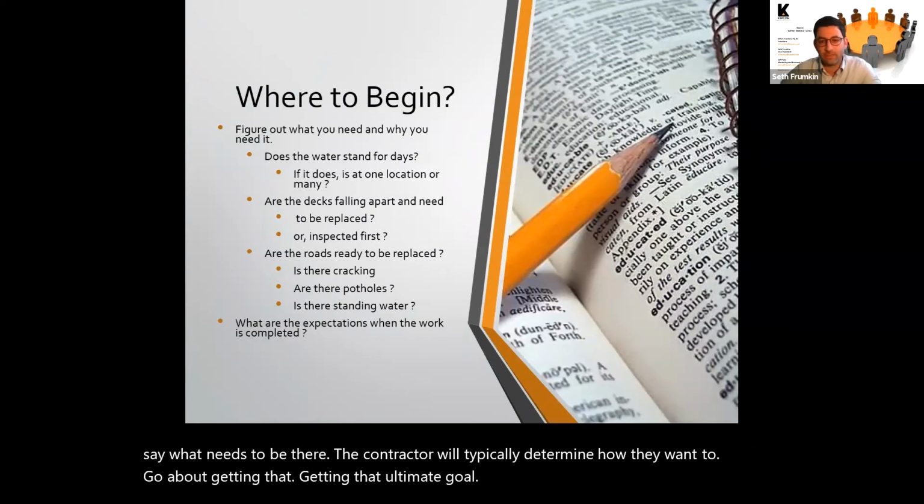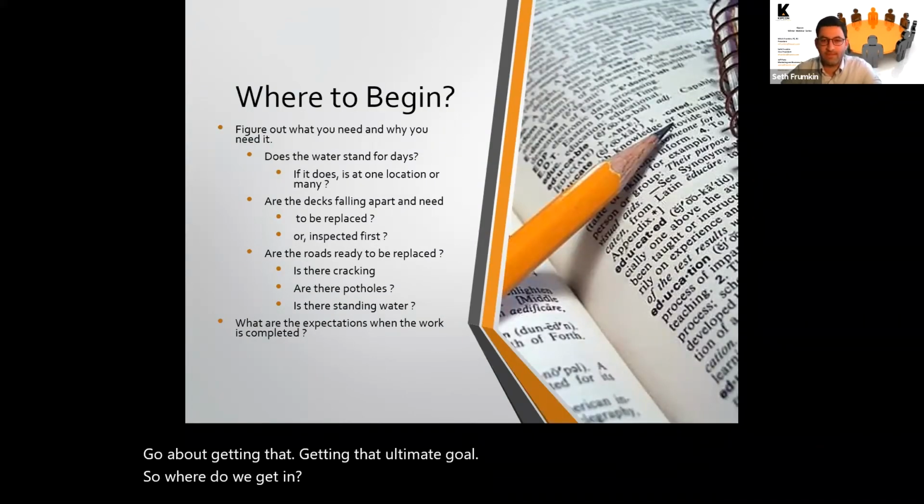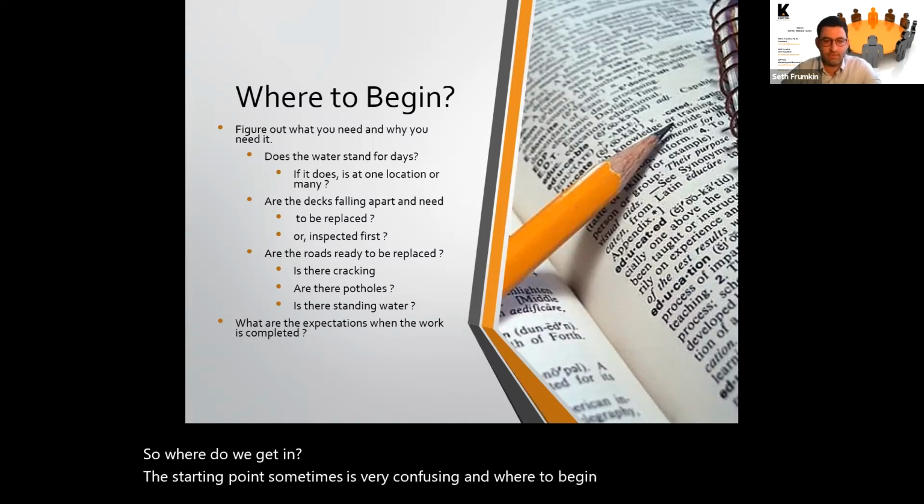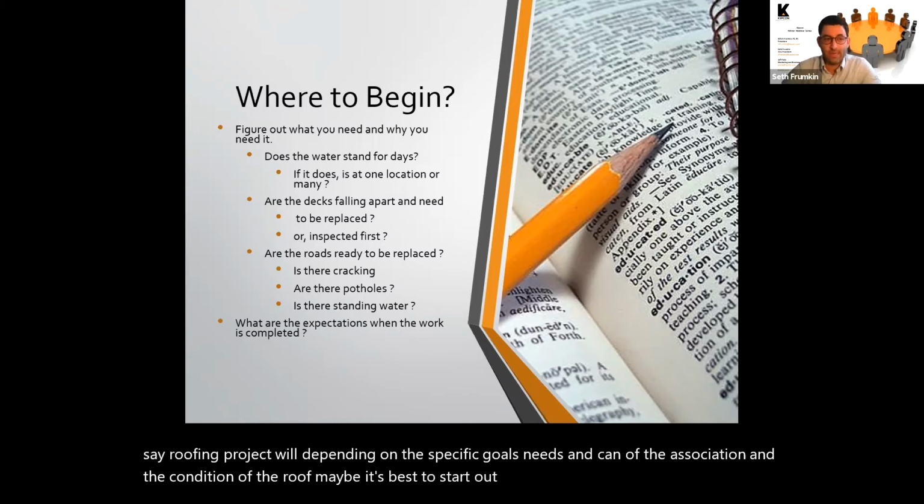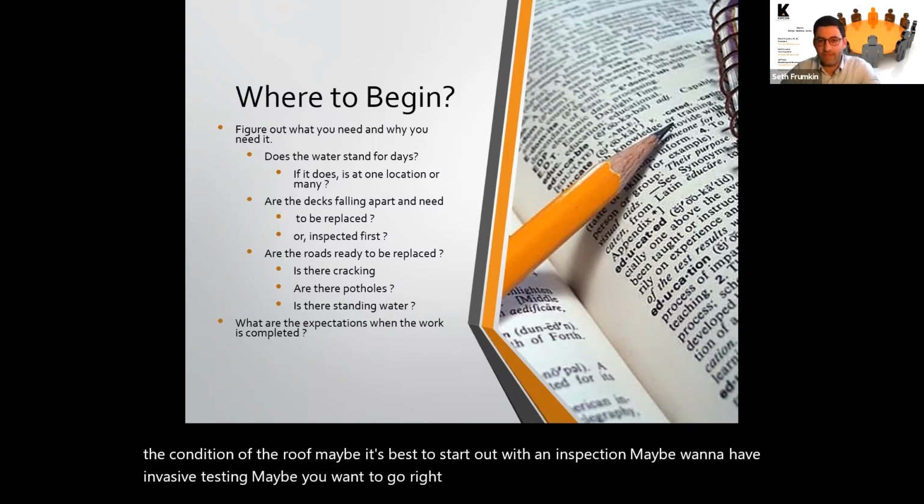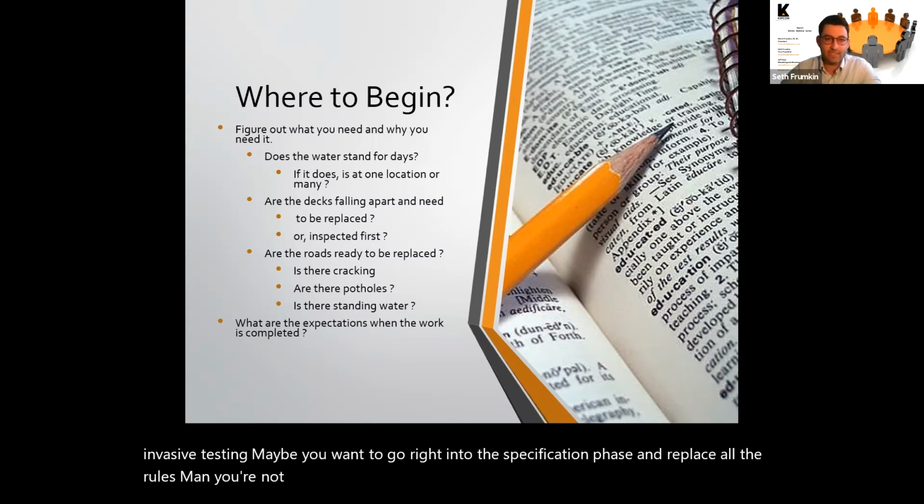So where to begin? The starting point is sometimes very confusing. If you have a project, let's say a roofing project, well, depending on the specific goals and needs of the association and the condition of the roofs, maybe it's best to start out with an inspection. Maybe you want to have invasive testing. Maybe you want to go right to the specification phase and replace all the roofs. Maybe you're not sure and you want to phase it out. So it's very important to have a discussion initially and determine what is the right point of entry into the